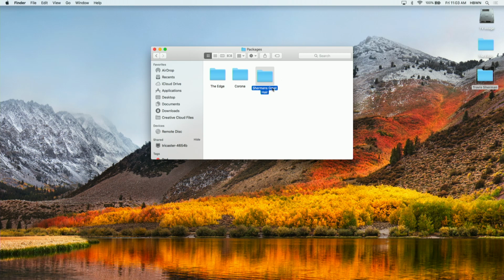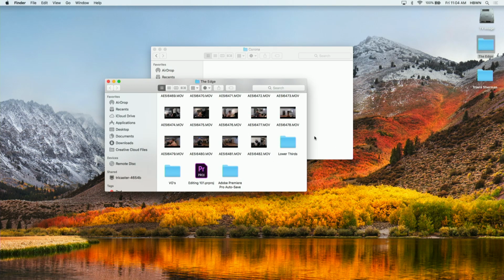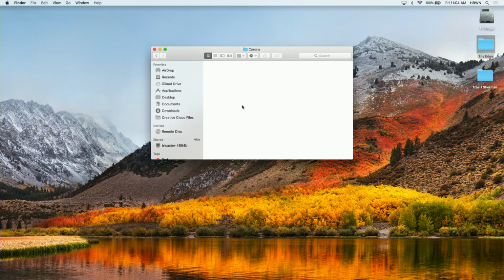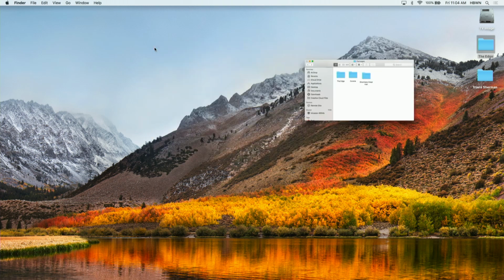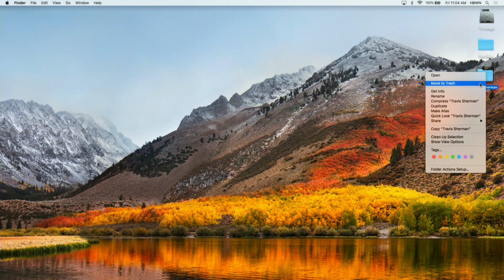So I would encourage you to do that. That way it's highly organized. If anybody needs to come over to your computer and assist you, or they're like, hey, do you happen to have a shot from the coronavirus? You know exactly where it should be. You'll see in the Edge folder right here that we even have subfolders for lower thirds, voiceovers. So it's just the more organized you are, the easier it is for other people to help you, for you to find and locate files. So this is going to be a huge benefit for you. So make sure that you are as organized as humanly possible. Okay,